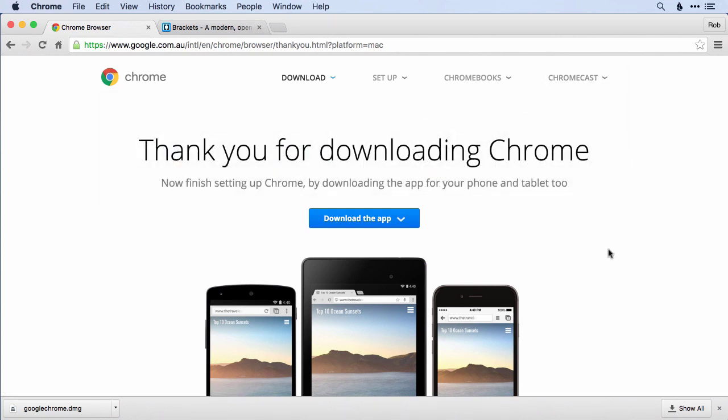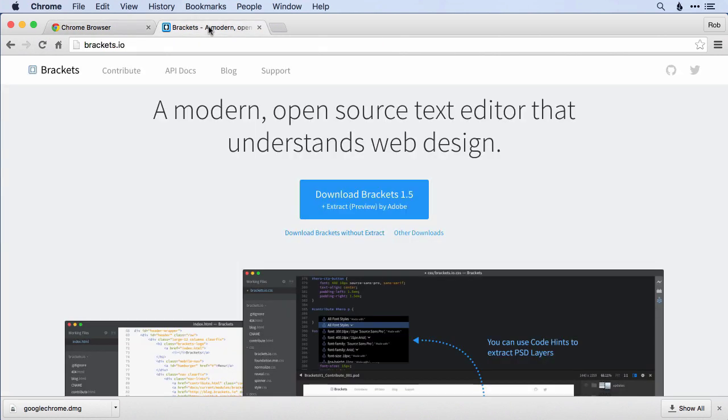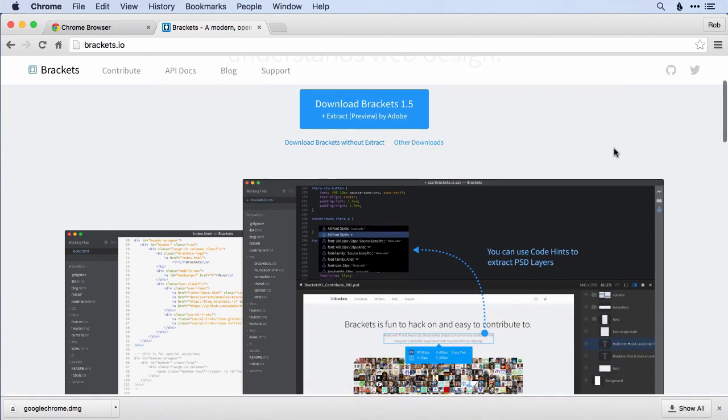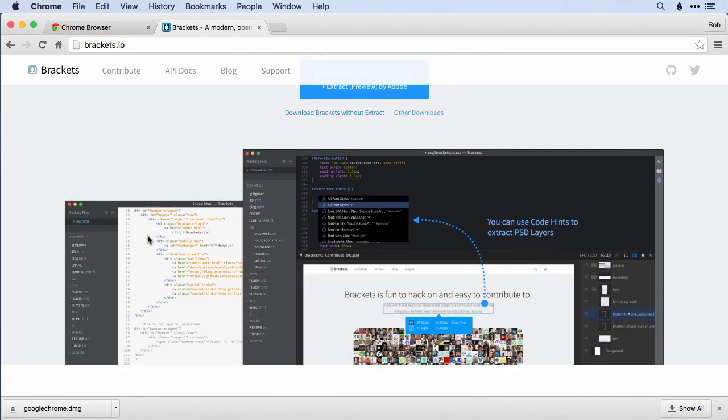Alright, so now you've got Chrome up and running, we're going to install our second bit of software, which is called Brackets. And this is our text editor that we're going to be using very much to edit text. So you can see what it looks like there. We've got some very nicely indented and colored code there, and we're going to be writing code that looks just